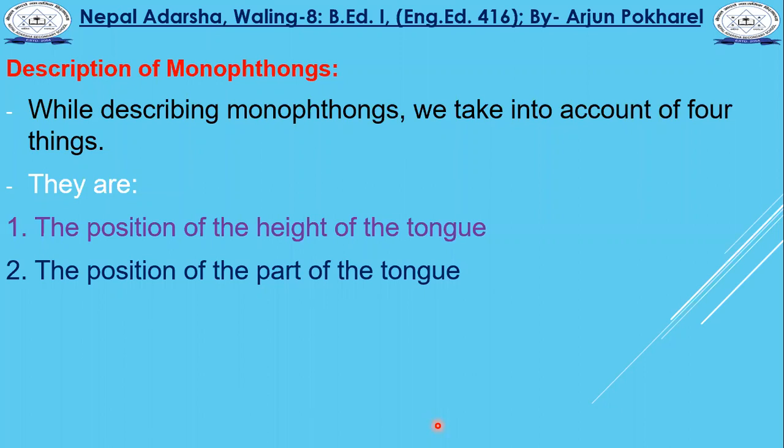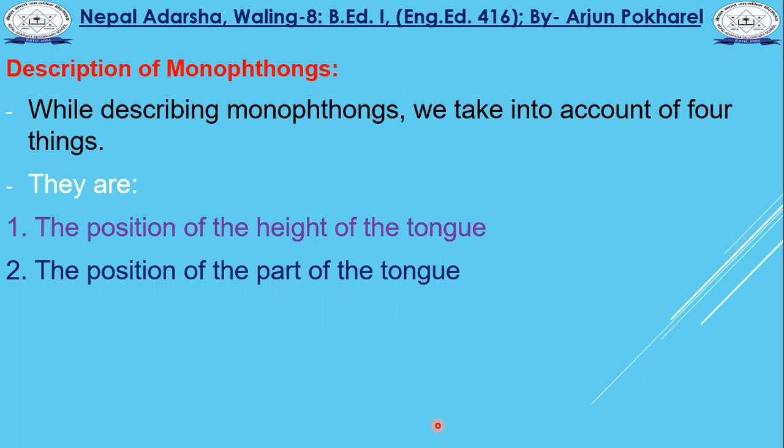On the basis of the height of the tongue, we can classify the 12 monophthongs, according to the position of the height of the tongue and according to the position of the part of the tongue. Which part of the tongue is raised towards the hard palate, towards the palate, in the production of